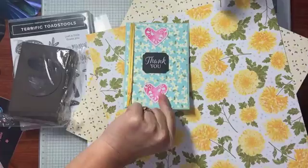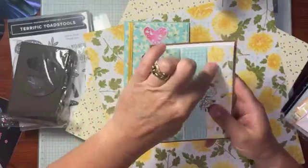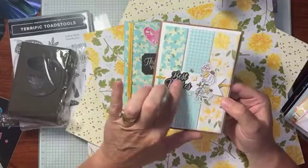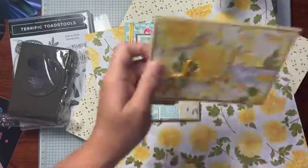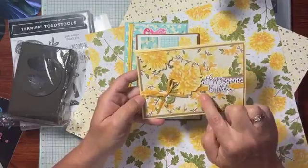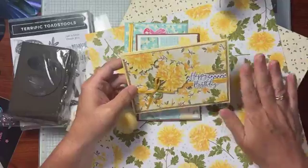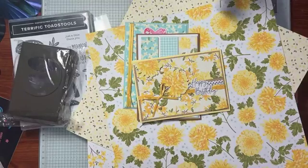So that's one that I made with the vellum. This is another one I made with the vellum, just using strips of it. That one I was really happy with, and that one is using the ephemera packs. And then the other one I made just purely with the designer series paper is this one here. Now these are new too, coming in the catalogue. They're little bees and they're so cute. But yes, I made that one purely just with a bit of ephemera. Like what I'm talking about with ephemera is,